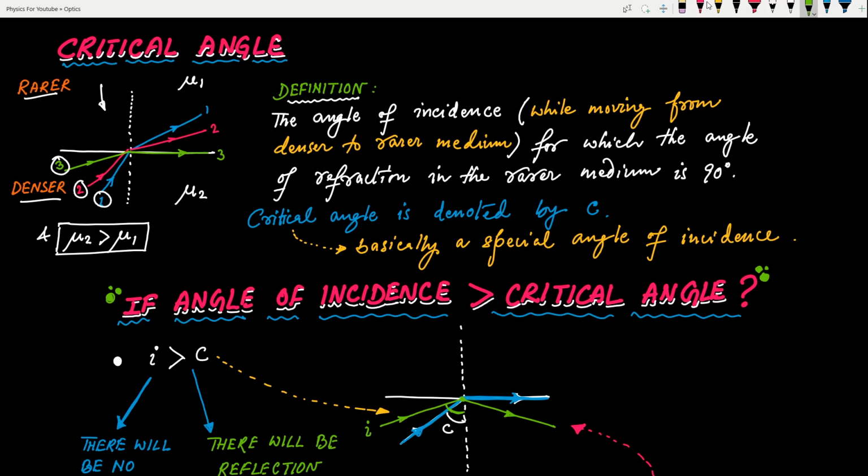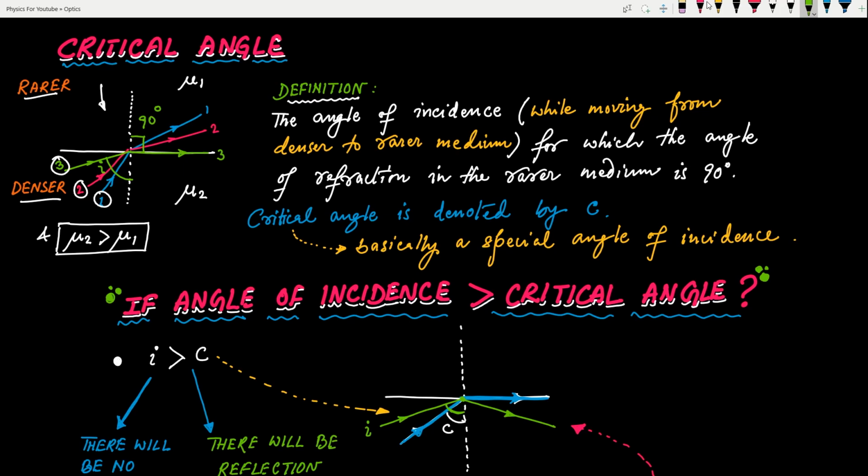Now looking into our third one, this is our angle of incidence. Now I have increased the angle of incidence to an even bigger value. As I am increasing the angle of incidence, the angle of refraction goes on increasing, and a time will come when the angle of refraction on the rarer side will be 90 degrees. This is the angle of refraction. So when the angle of refraction becomes 90 degrees, then we say that the angle of incidence